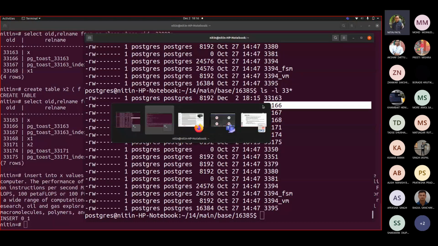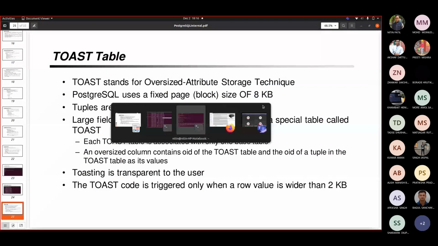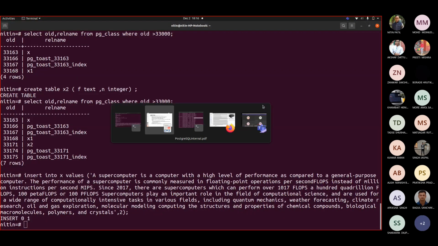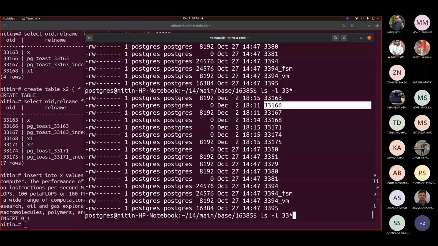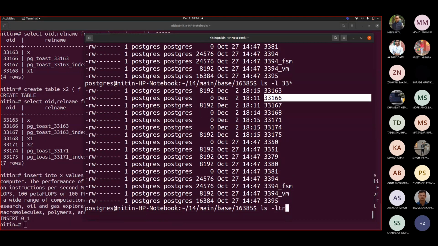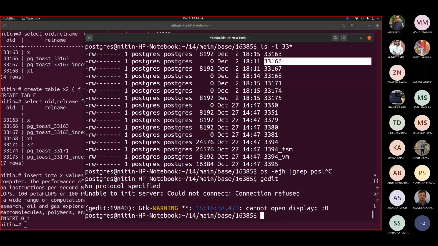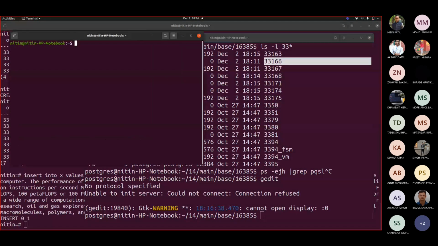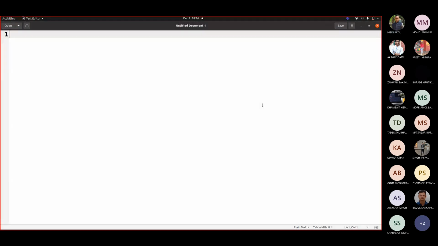Let me go back to my gedit. Oh, because we are in Postgres, that's why. Gedit.